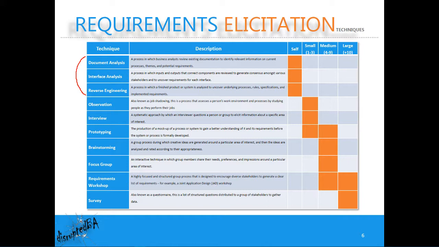No analyst should go into a project without doing document analysis first. This is very important because it makes you look confident when you stand in front of stakeholders and have to facilitate sessions. The next grouping of three techniques, which would be observation, interview, and prototyping, is normally